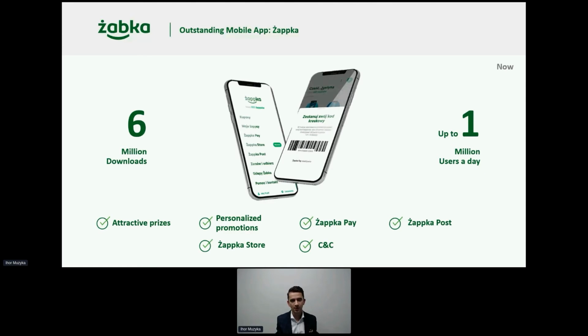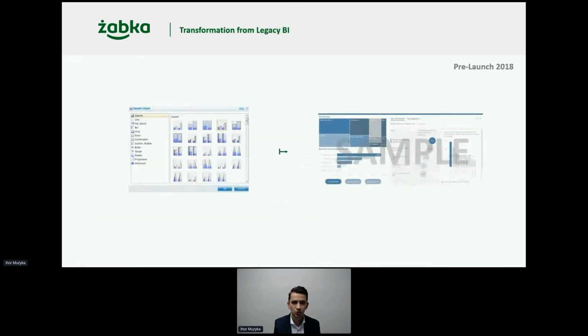And now how can we bring value with analytics to it? Because we know that we have a lot of customers, we know that there is a lot of data. So now how can we translate that? To answer this question, I would like to go further into the past and to bring you to the pre-launch phase. And if we start with 2018, it was a great time at our company because we were transferring